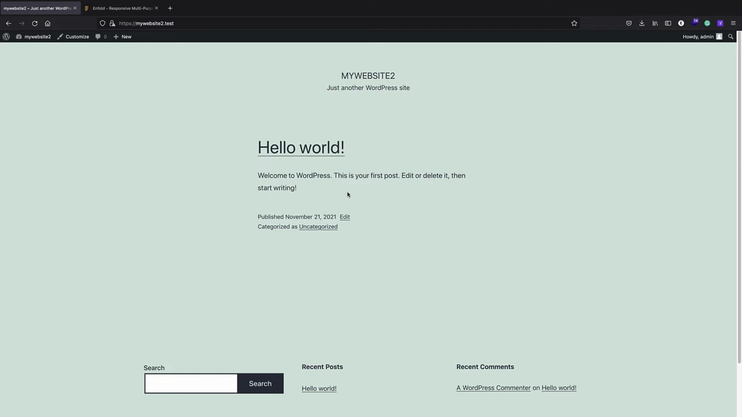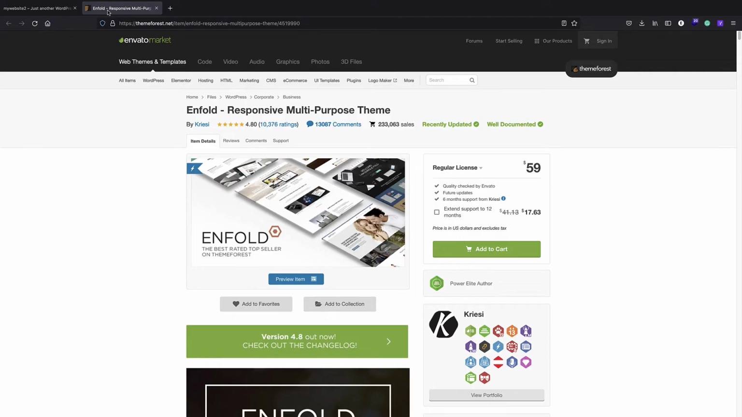In this tutorial, we are going to work with the Enfold theme, and this is going to be a complete introduction to the Enfold theme and how you can use it. So the Enfold theme is a premium WordPress theme. It's really popular and it doesn't have a free version, so you have to just buy it for testing it,